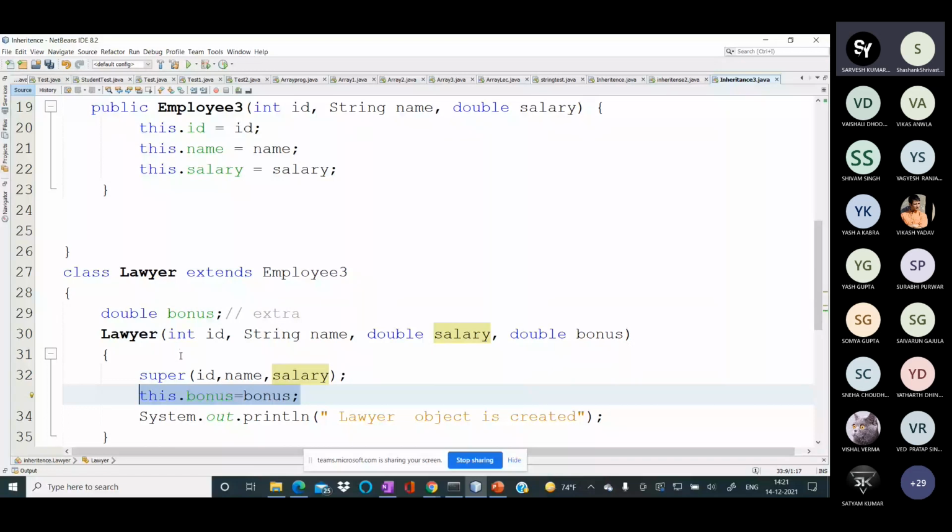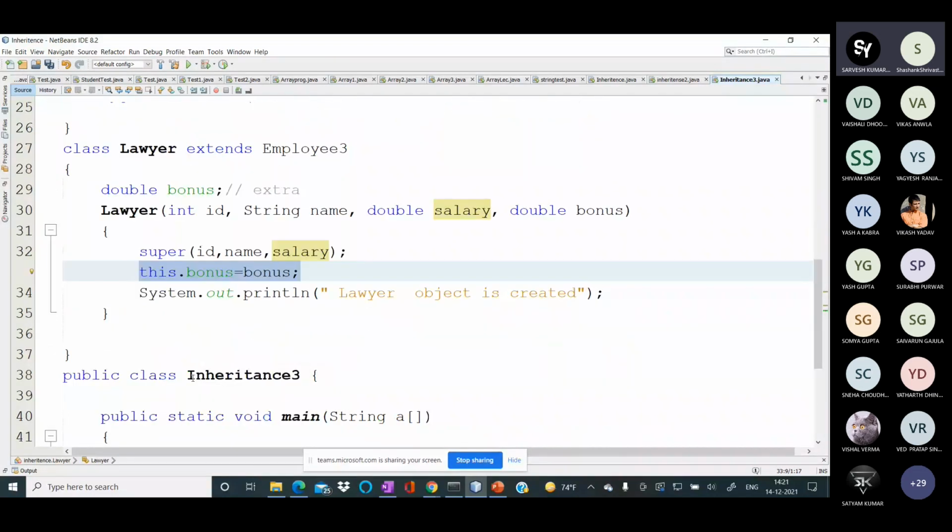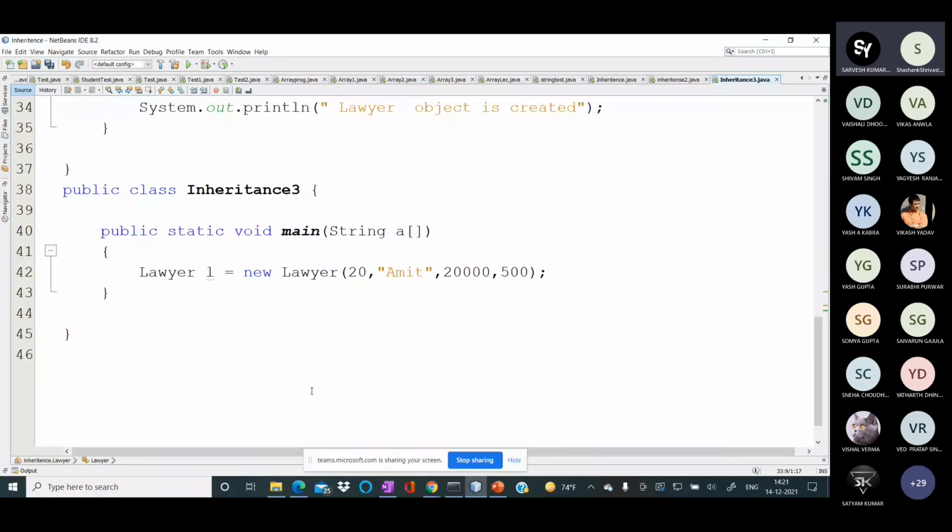This is the significance of the super keyword in the case of constructors. The super keyword can be used to invoke a parent class method, as well as a parent class constructor.